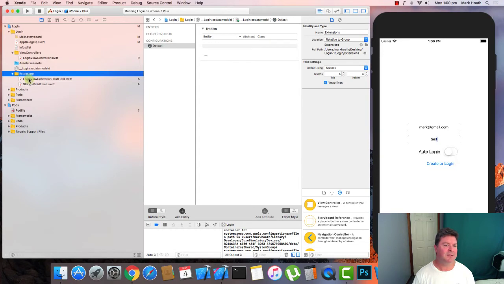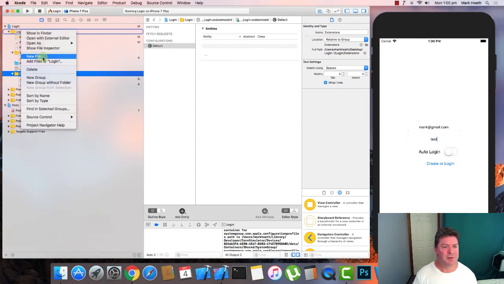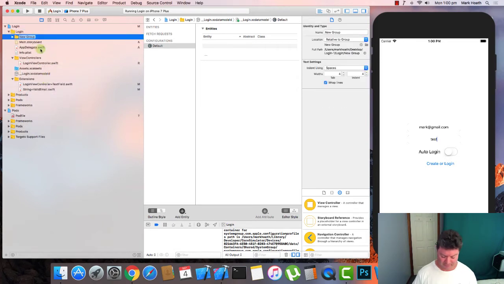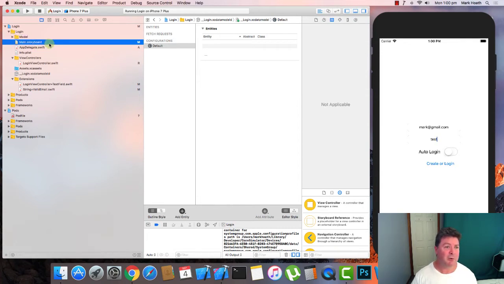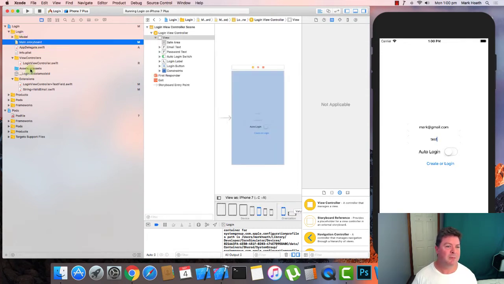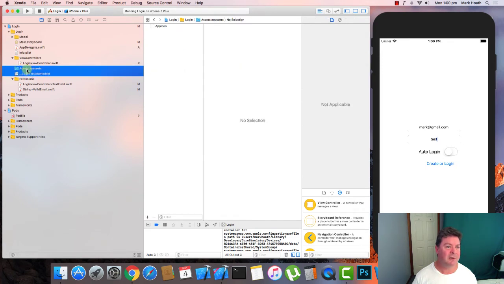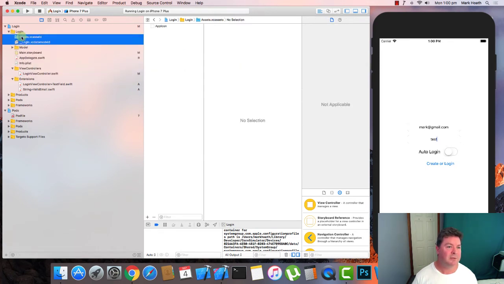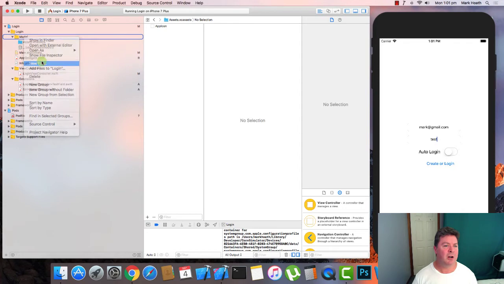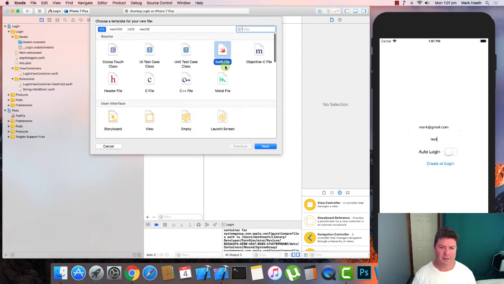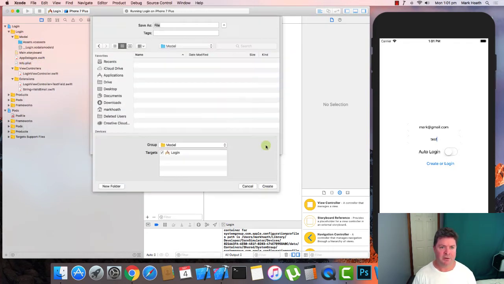Let's create yet another folder, and we'll call it models, because we're following our MVC design paradigm. We're going to move our assets and our CoreData into models, if it will let us. That's better. And we're also going to create a new regular Swift file called user data,